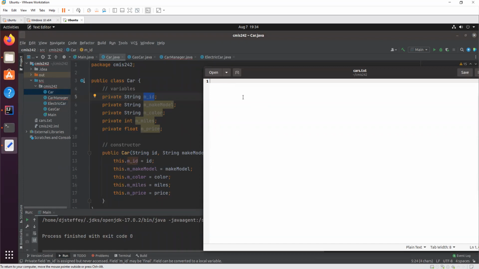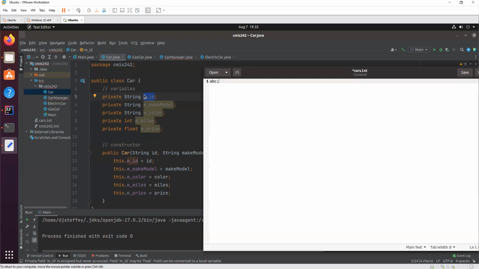So let's think about it like this. First, we need to put the ID in there. Let's say for this car, the ID is ABC. Now you need to think of a way that you're going to separate each variable from each other. I'm going to use a semicolon, and you'll see where that becomes useful in a little bit.